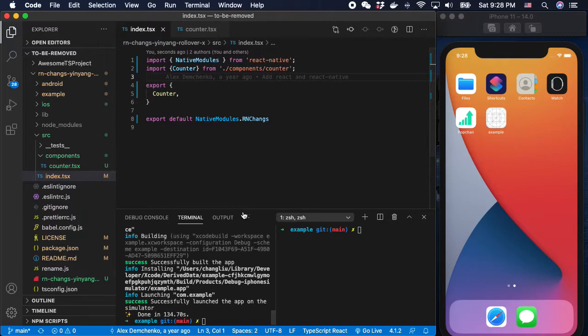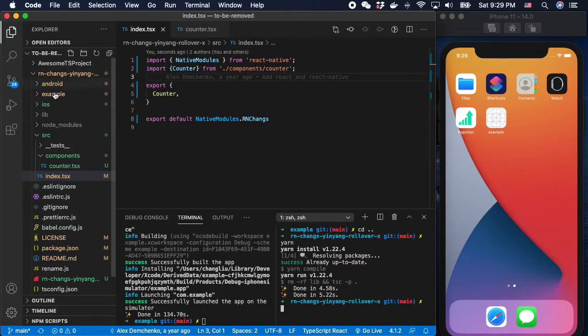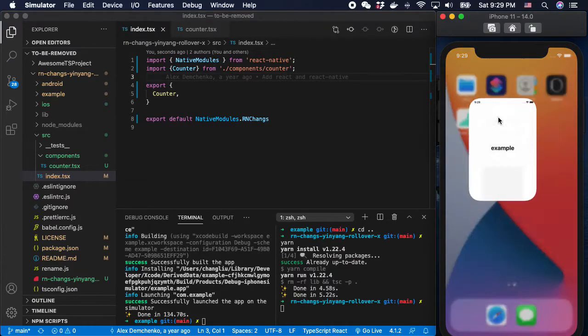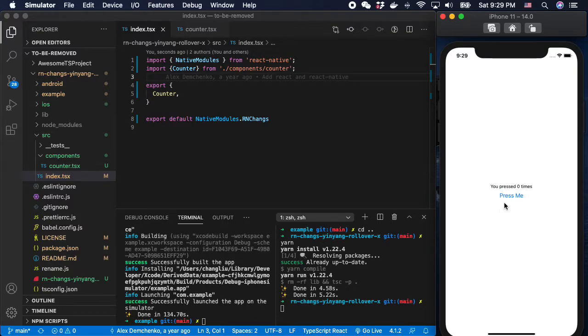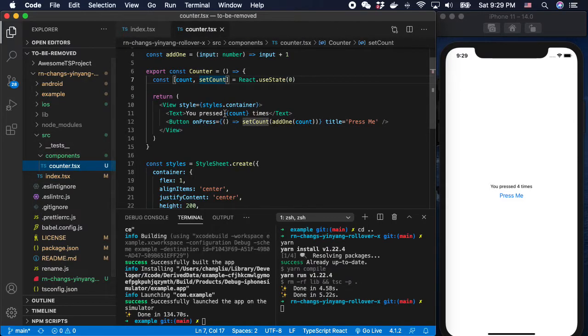If we saved everything, the first thing we need to do is to run yarn again, so that it is repackaged, and then everything will be synced into our example project nested inside this main project, the NPM package project. So let's run it again, see if it's still working. Yeah, it's still working. And then we can always change something here, like we can give it a